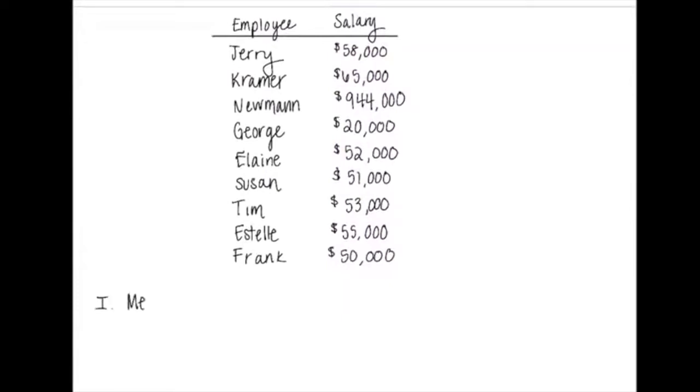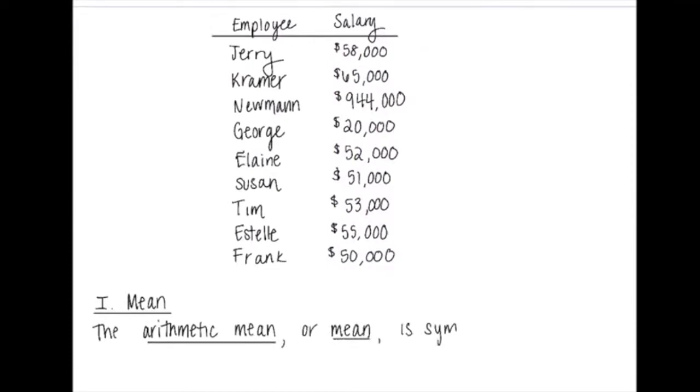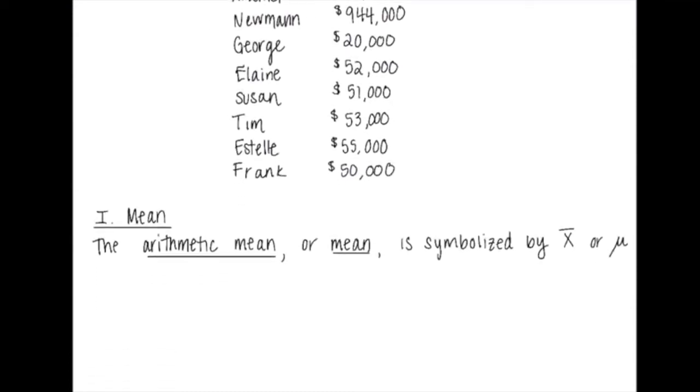So the first one is going to be our mean. And this is likely what you think of when you think of the word average. So the arithmetic mean, or just mean, is symbolized one of two ways. It's symbolized by X with a bar above it, or what's known as the Greek letter mu. Okay? So X bar is going to be used